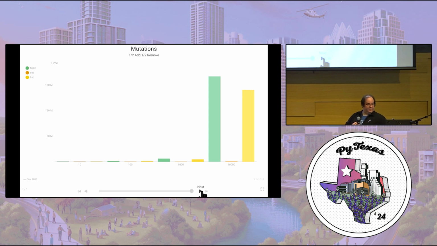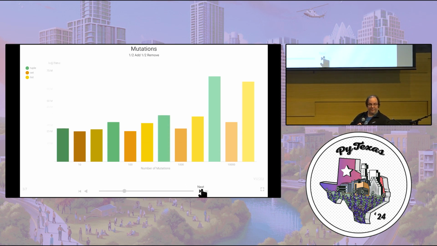But if we look at 1,000 items and we say, let's look at how many mutations we do, this is set. So if we're doing really any number of mutations, we see that doing the same mutations on a list or a tuple is taking much longer. We'll go ahead and pull that back out